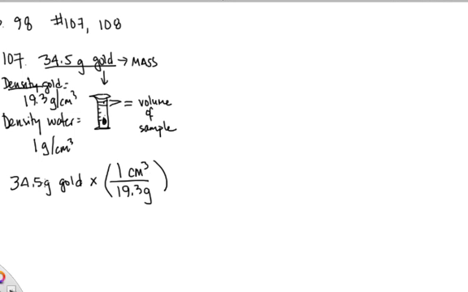Grams here in the numerator and grams here in the denominator are going to cancel out. I'm left with centimeters cubed. That's the unit that I want. So when I do my math, I'm taking 34.5 times 1 over 19.3, which is the same as 34.5 divided by 19.3, and I get